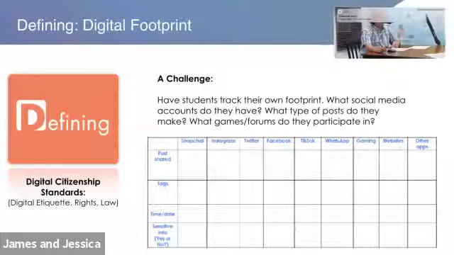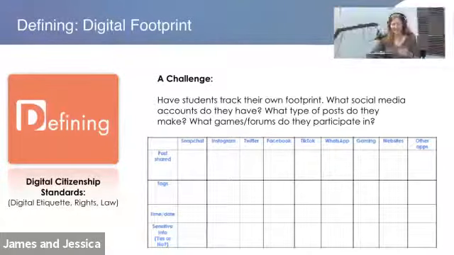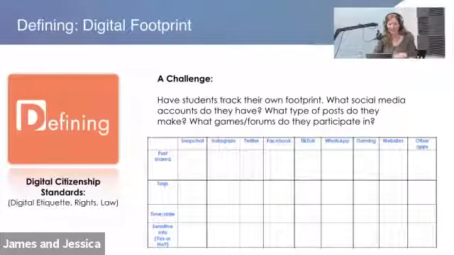So walking in your digital shoes. In your digital shoes. Yeah, look at what we did there. That's a really important thing to think about too. That's why we ask them to talk about those tags. What's really interesting is when somebody posts something, they'll fill this out and say, okay, I put this down. Then another friend in the class will say, actually, I tagged you in this yesterday, so I have that down on mine. And then they start having those discussions there. And then also to talk about what is sensitive information.